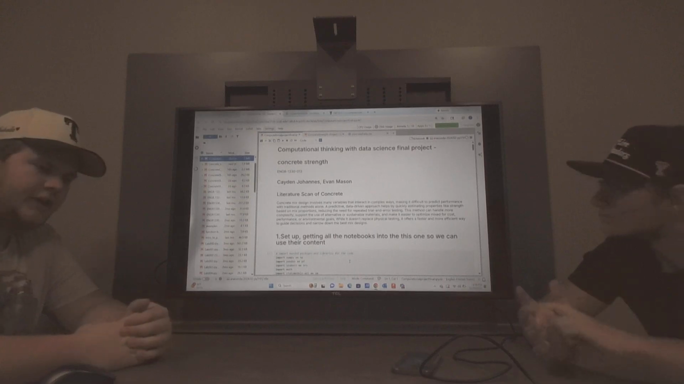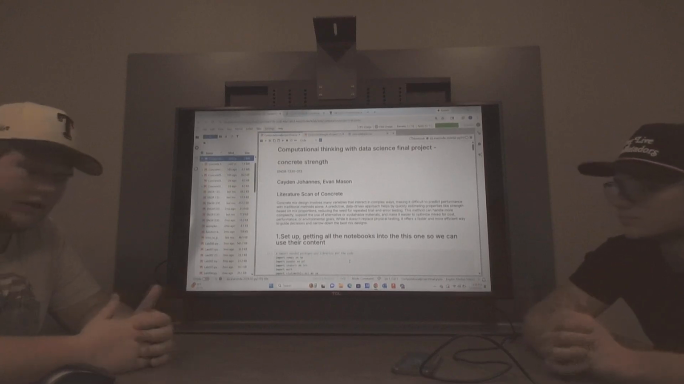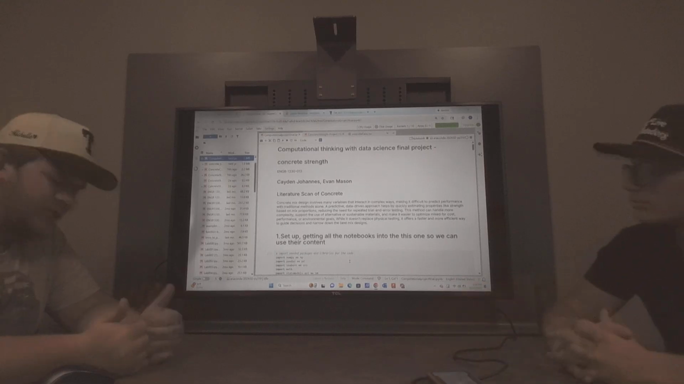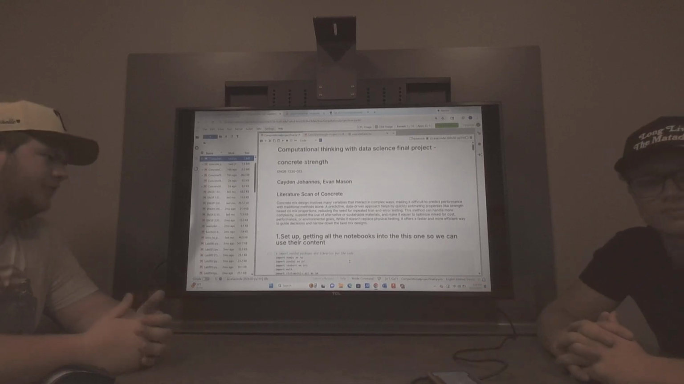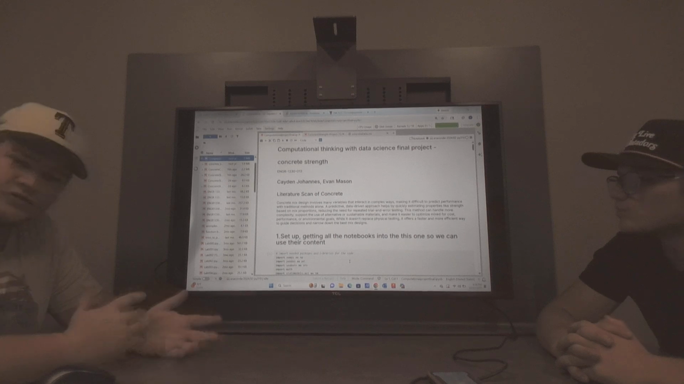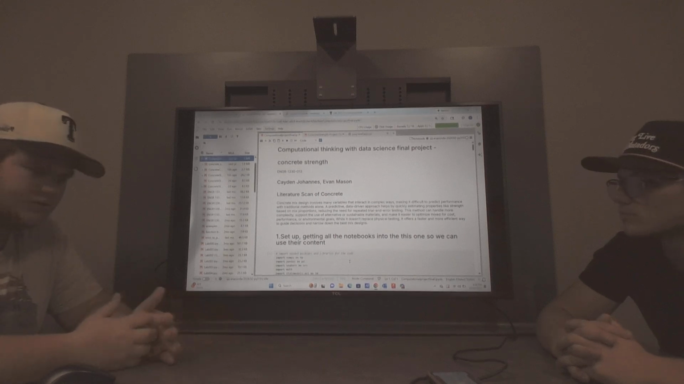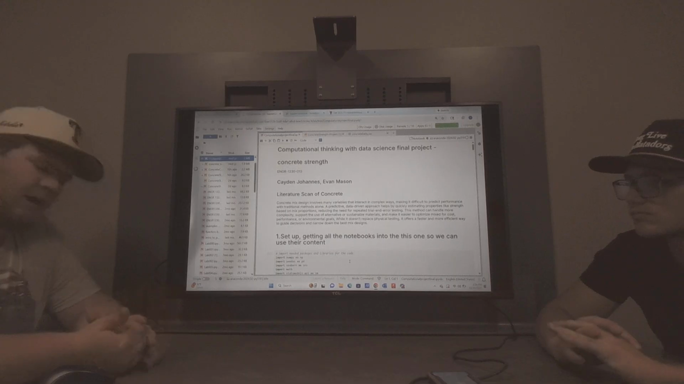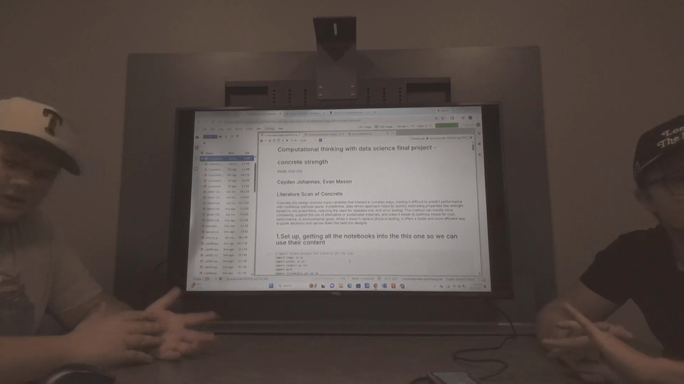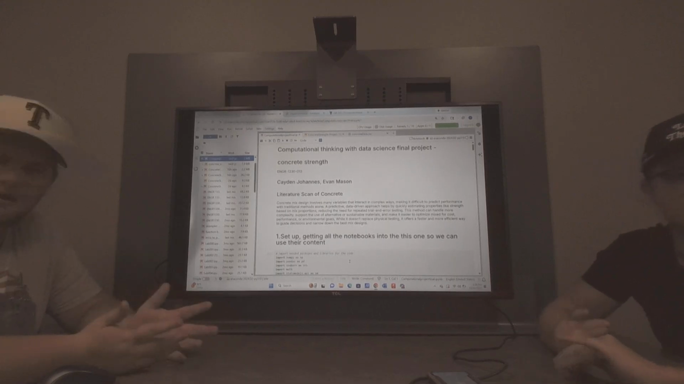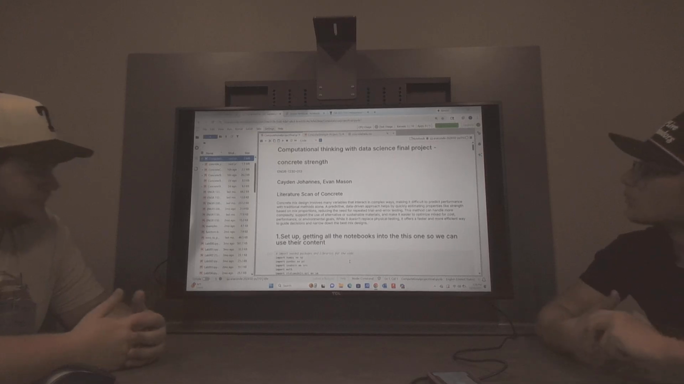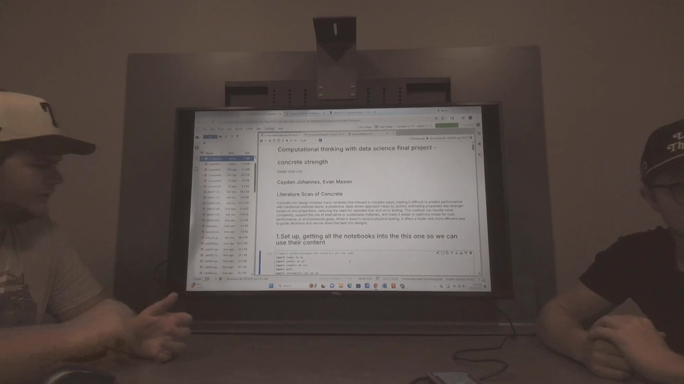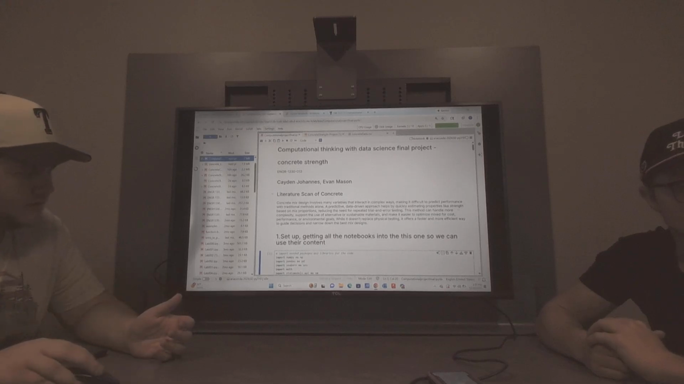All right, going over our literature scan of concrete. Concrete is a mixture of many different substances, which all have different impacts on strength, which is why there are so many variables in calculating concrete strength. Particularly the amount of binding agent per pound of concrete can greatly change its compressive strength and how resistant it is